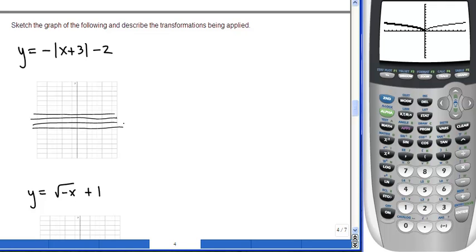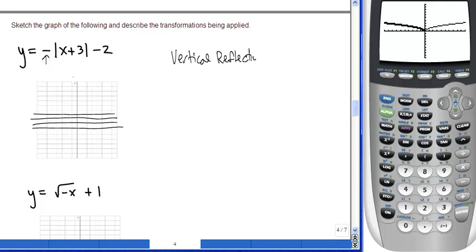So if we take a look at this function, first we have this negative that we're multiplying by on the outside. So in terms of order of operations, multiplying ranks higher than addition or subtraction. So this negative on the outside is going to probably be the first transformation that you'd want to list, and because it's on the outside of the function, it's a vertical reflection